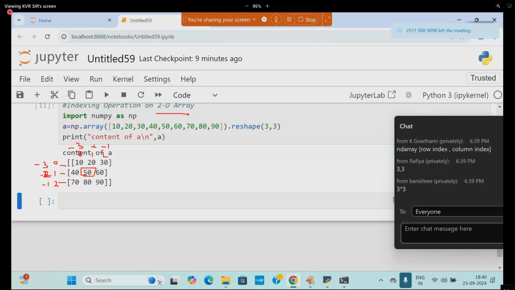So, 2D array name of, we will pass two indexes. First one is the row index. Next one is the column index. You can also write it as 2D array of row index and then column index.